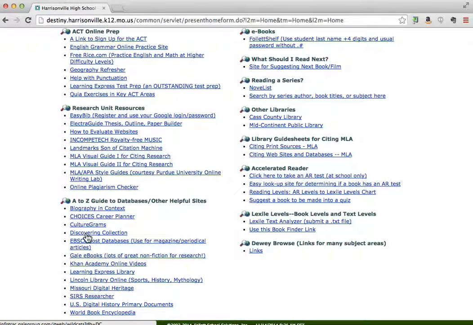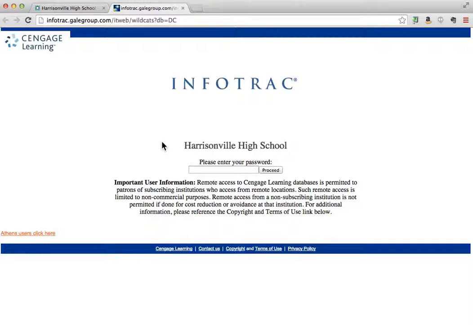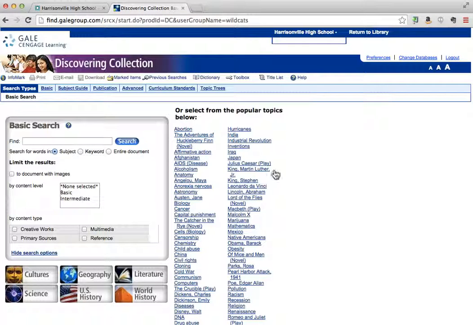start with Discovering Collection. When you click it, it is going to require that you enter a password. So when it loads for this particular database, the password's very simple. It's just going to be Wildcat. And we enter. And this is a very helpful layout that you have to find whatever it is that you